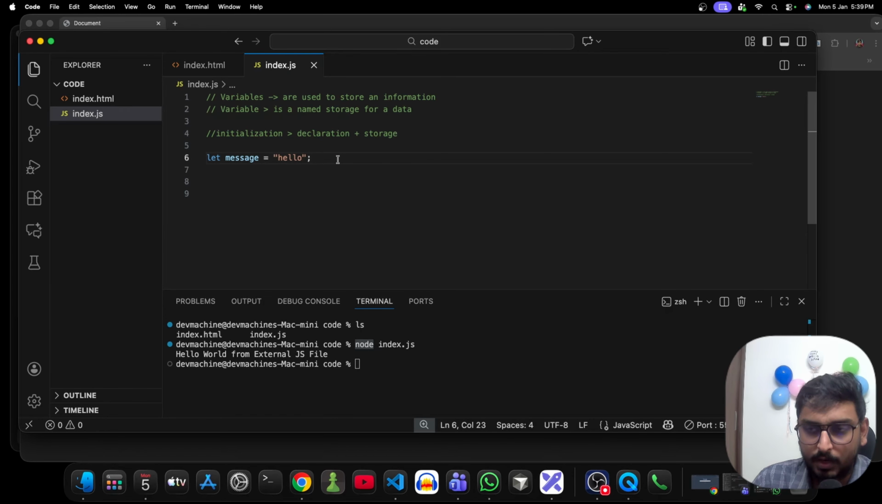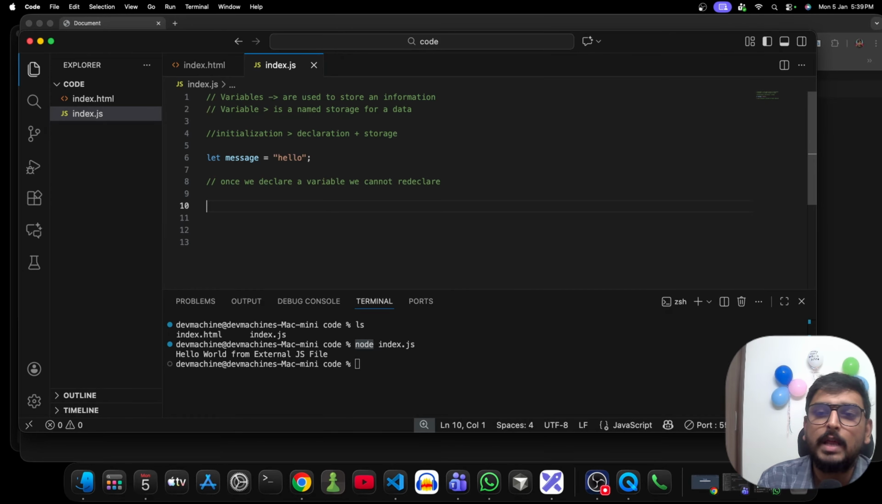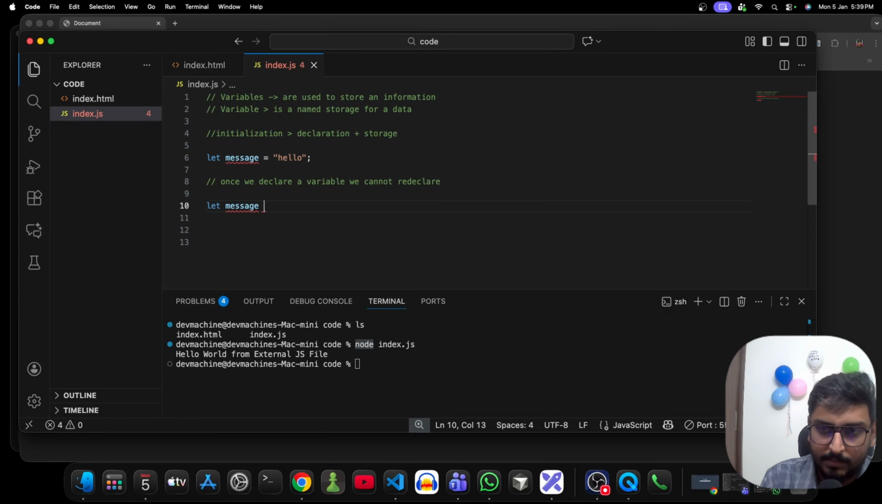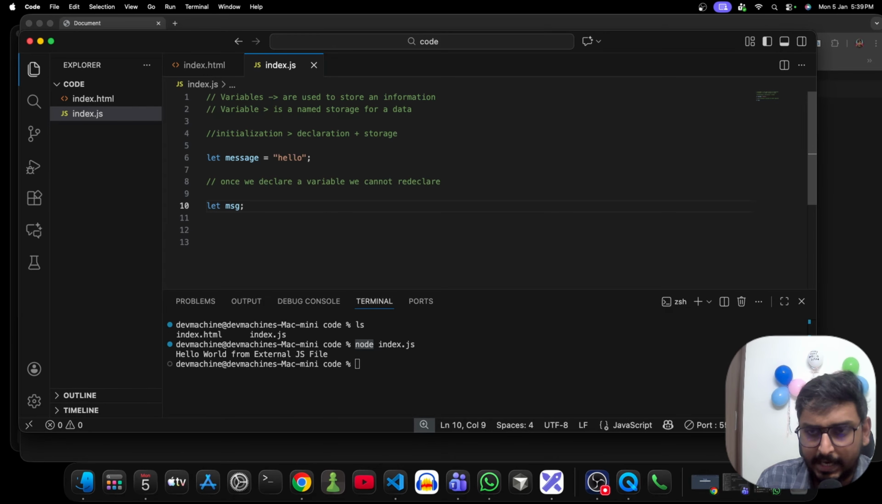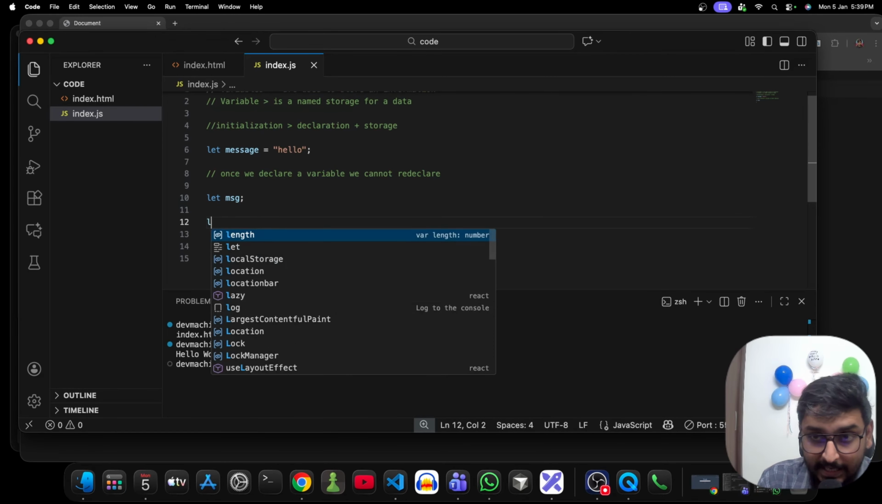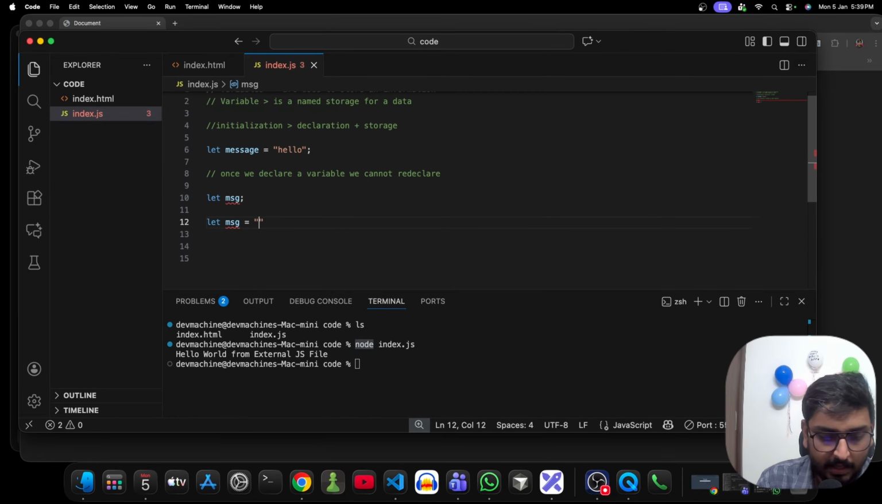Now one very important thing we need to understand is, once we declare a variable, I repeat, once we declare a variable, we cannot redeclare it. Let's say I create a variable named MSG. I have just declared it. This is what declaration looks like, right? And if I ever want to redeclare it, if I say let MSG is equal to something like world or hi,